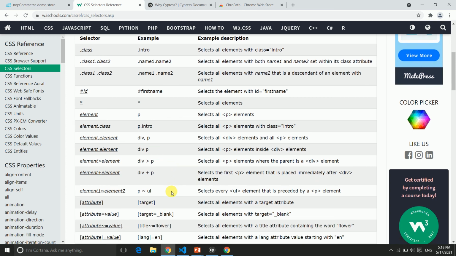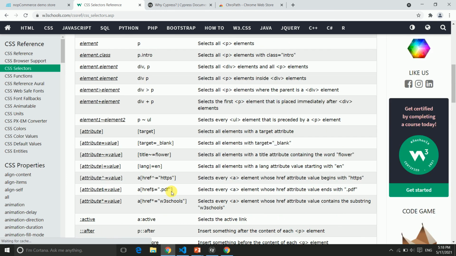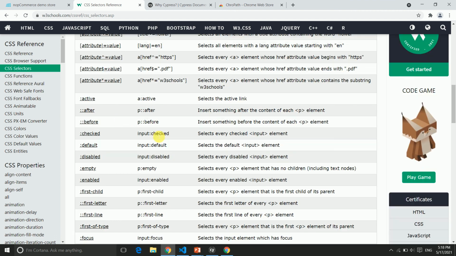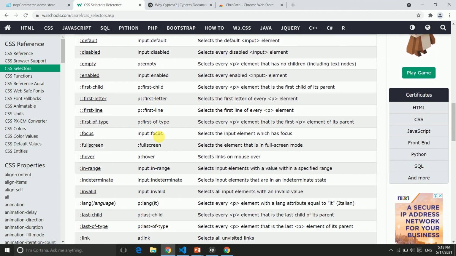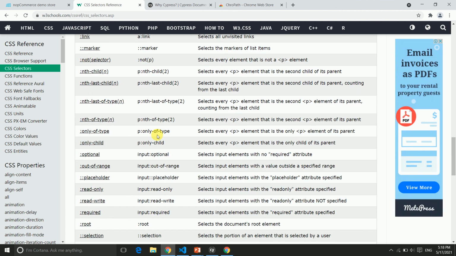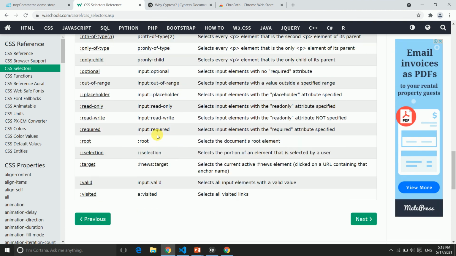If you scroll down, again there are different things using target and attribute. On the left hand side you can see the attribute and value. So there are multiple ways to find or write the CSS selector. You can go to this document, see the multiple types, and do some practice using any of the examples.